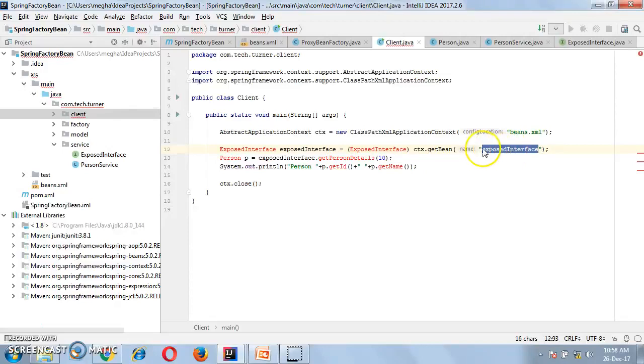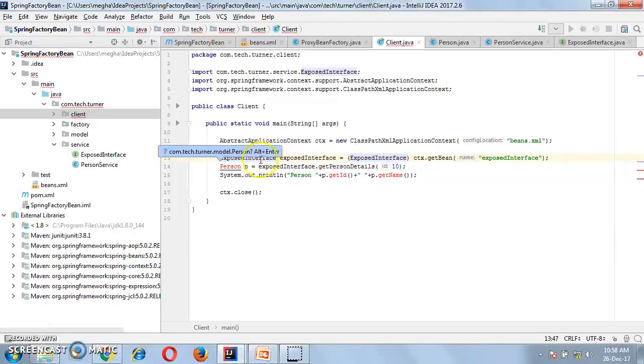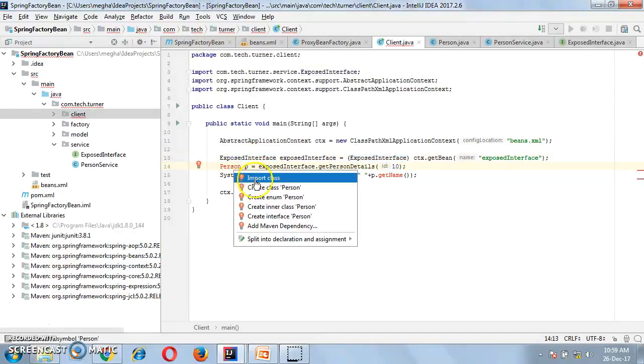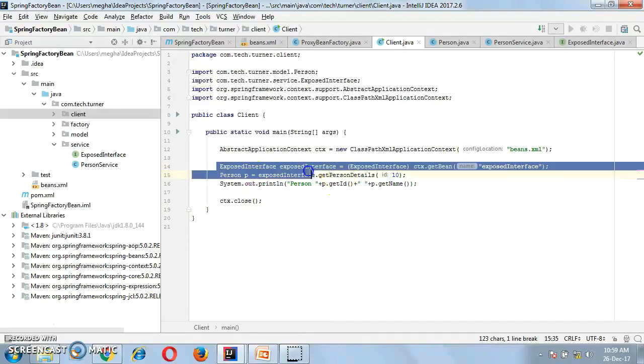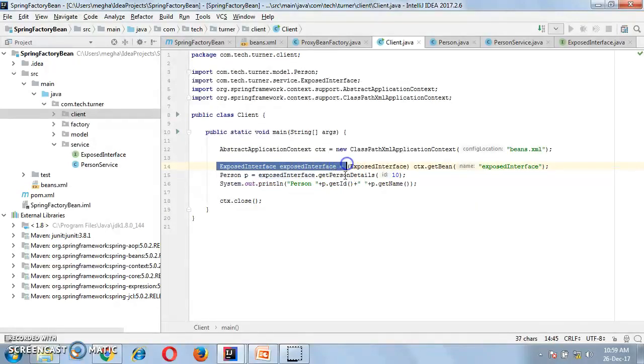So we need to define this in the beans.xml. Press Alt Enter to import. I am using the instance of this interface, calling the getPersonDetails method and printing the person's attributes. So let us now declare this bean and the proxy bean in our beans.xml.